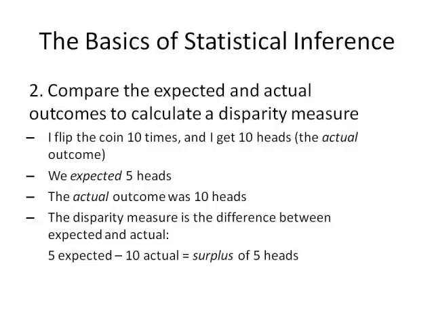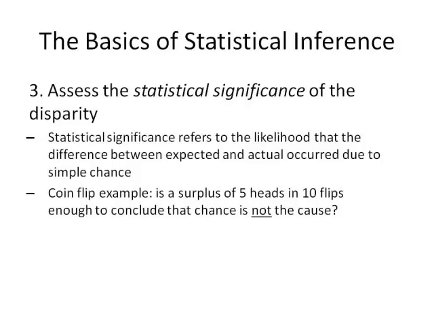In the second step, we compare the expected and actual outcomes to calculate a disparity measure. So let's assume that I flip the coin 10 times, and I actually get 10 heads. That's the actual outcome. Now, we expected 5 heads. The actual outcome was 10 heads. The disparity measure is the difference between expected and actual. 5 expected minus 10 actual heads gives us a surplus of 5 heads. Now the third step